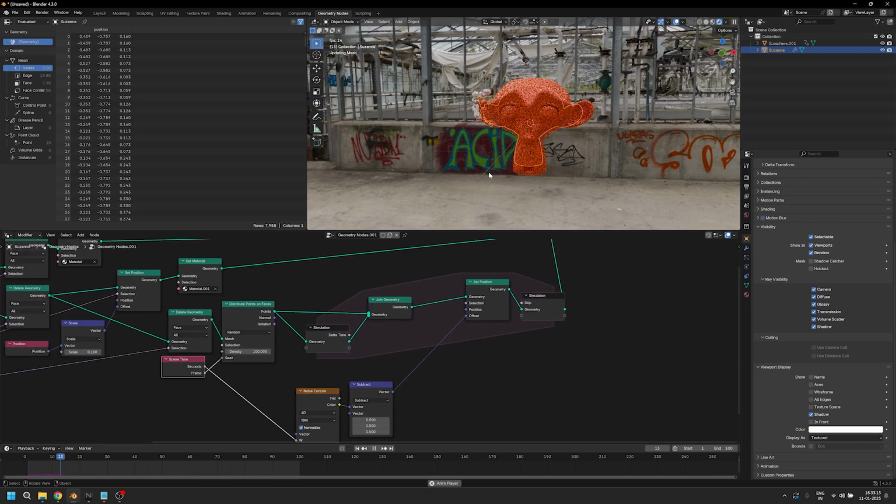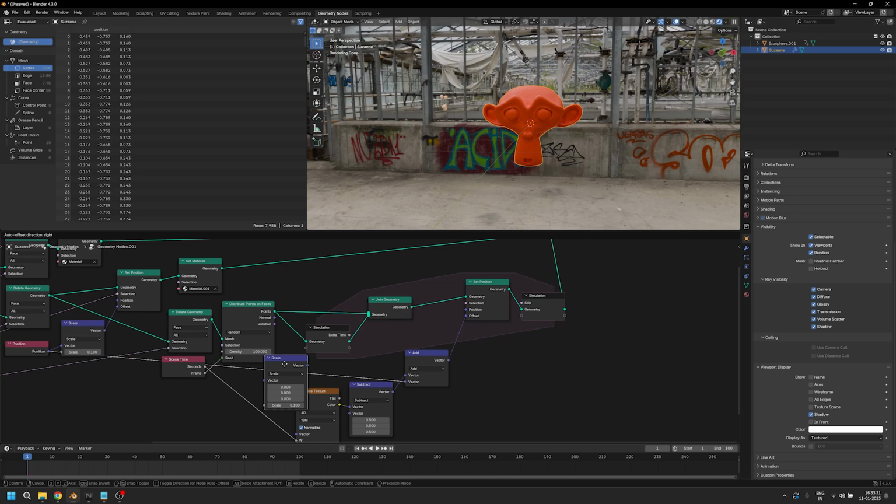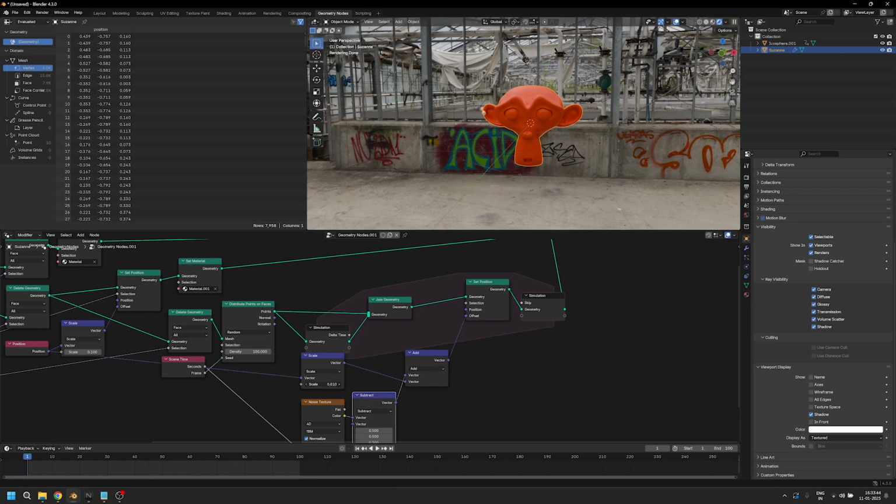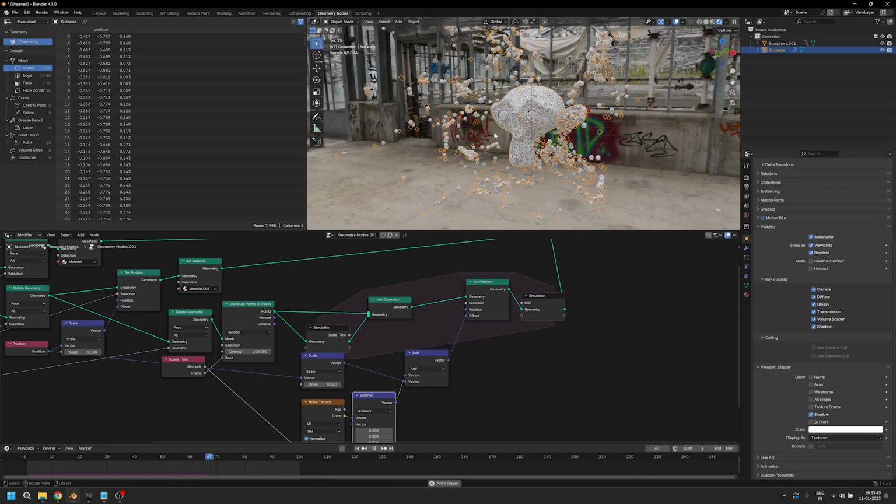Now if I play this, it doesn't look that great, so let's also duplicate the subtract node, change it to add, and we're gonna add the position right here. We have learned from our original changes that we made before, a position node is very intense in itself. So we're gonna duplicate the scale node and reduce this a little bit more here to 0.01 or maybe 0.02. And if I play this now, the effect looks a little bit more dynamic,